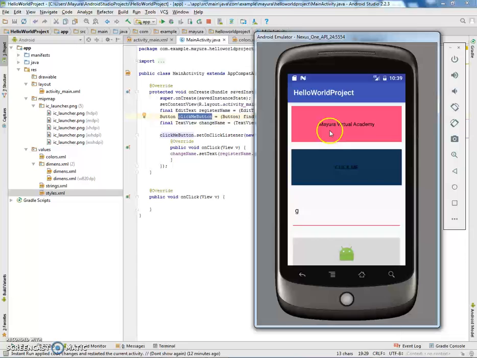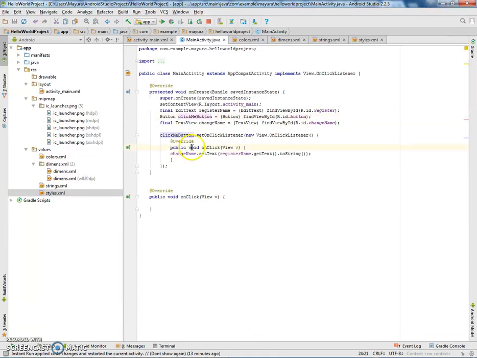At present by default it has Mayura Virtual Academy, and the user can give any input, and whenever the user clicks on the click me button, the text view that is there, Mayura Virtual Academy, should be changed to the user given input text. So now let us compile and run this application,